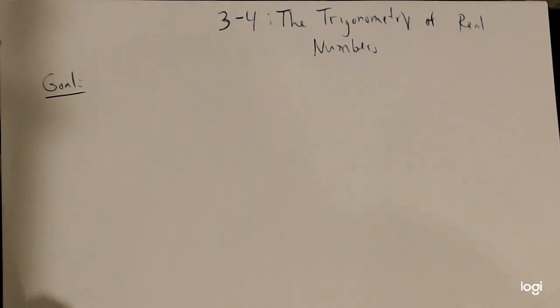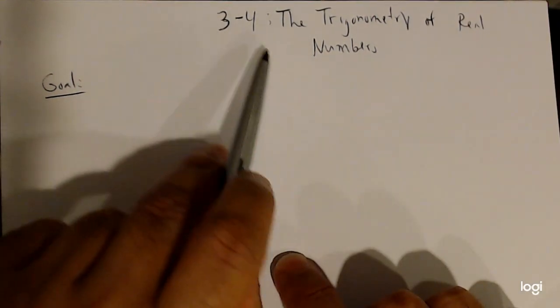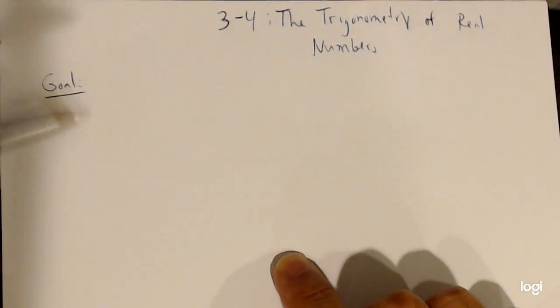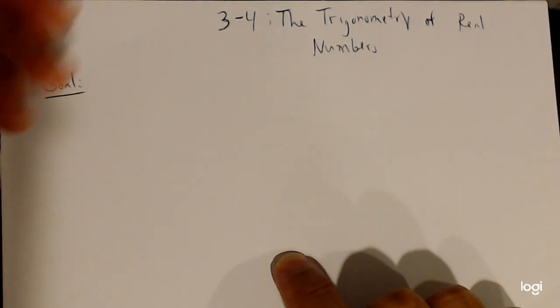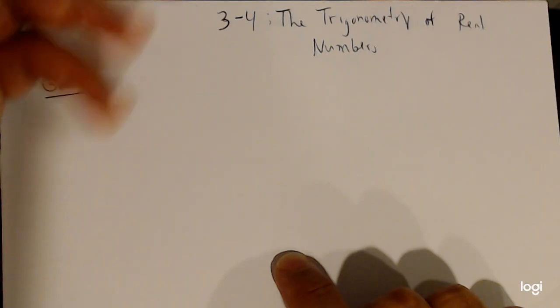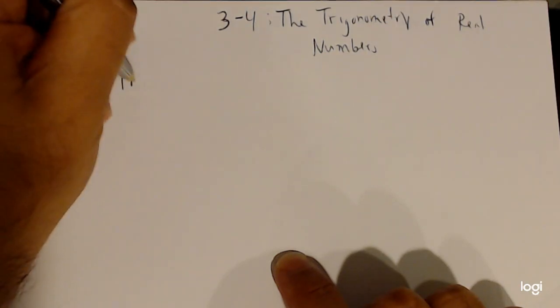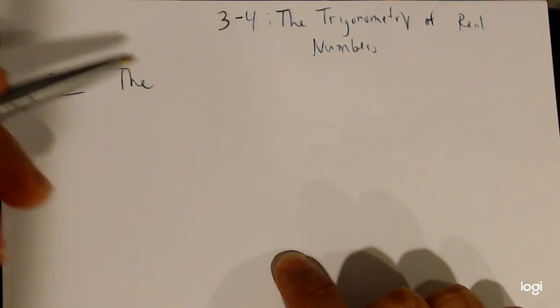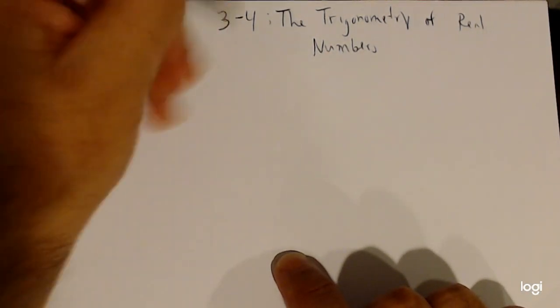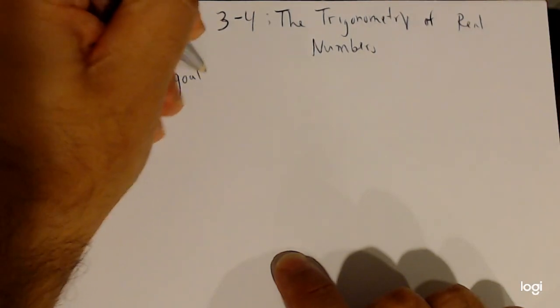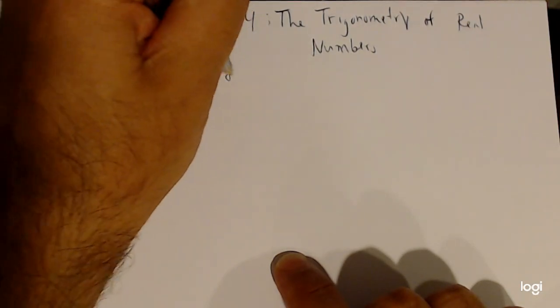You'll see that the process that we're going to use in approaching these problems is similar to chapter 2, and the main reason I'm saying that is it's kind of like we're repeating the same process over and over and over. And that's in fact what trig is, to be honest with you. It's very repetitive. There's actually two goals here. So we're going to say the goals of this section